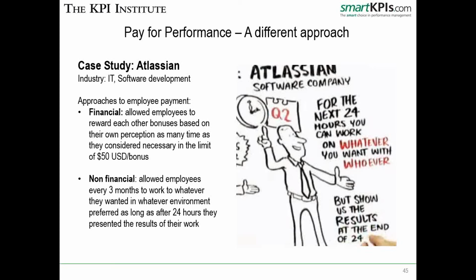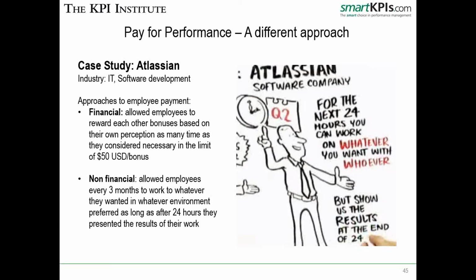companies is Atlassian, which is an Australian software company, and they have a different approach in terms of rewarding performance. What they are doing is they allow employees to reward each other with bonuses based on their own perception, as many times as they consider necessary, in the limit of $50 USD per bonus. So a particular employee can reward his colleagues as many times as he considers proper during a day for a certain period of time,